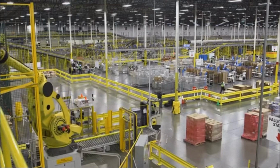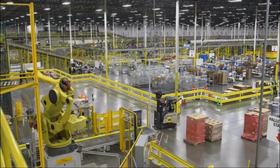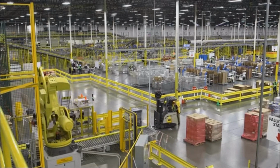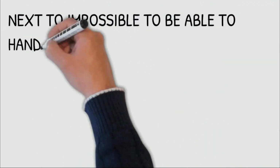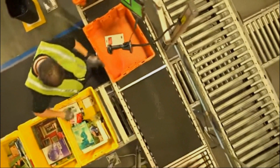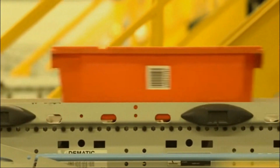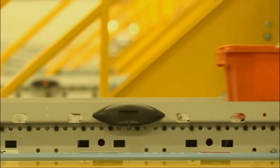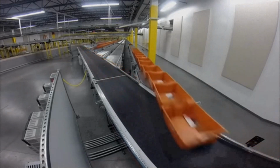And that becomes really laborious and tiring and difficult to do once you start getting more than 1 or 2 orders a day. We've had days where we sold over 1,000 products in a single day with my Amazon business. So it'd be next to impossible to actually handle that scale and not get things confused and be able to ship things out on time. And that is where Amazon comes in, because Amazon allows you, as a third-party seller, which actually represents over 50% of Amazon sales,